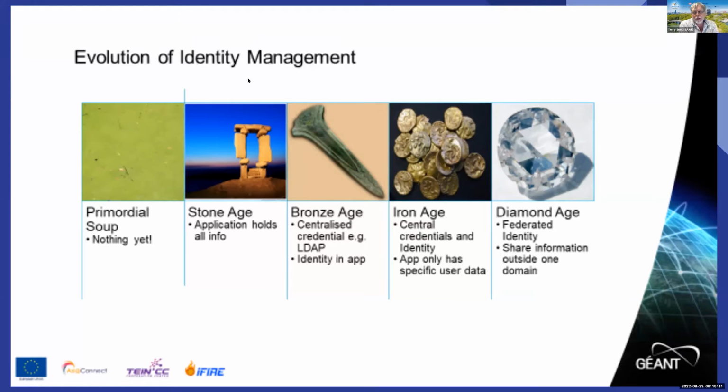People saw that was bad, so they built these things called directories or centralized stores, credential stores, to store identity information about their users. And they rebuilt their applications to use these centralized identity stores so that users would start to have the same username and same password to access their applications. And the identity information started to move away from being within the application itself, particularly the credentials, the usernames and passwords pulled out, popped into these centralized directories, and